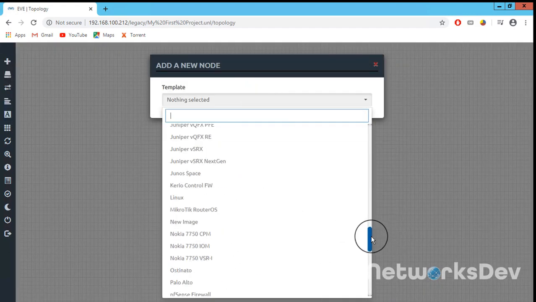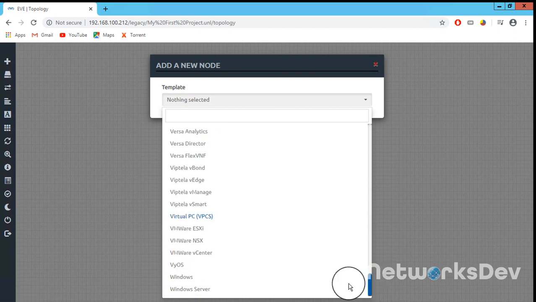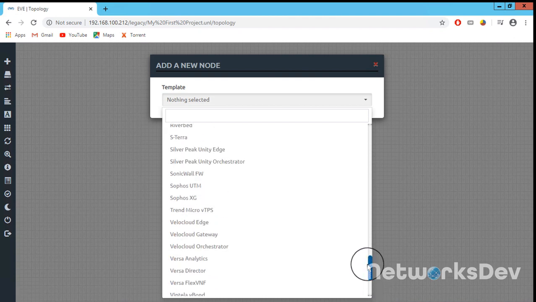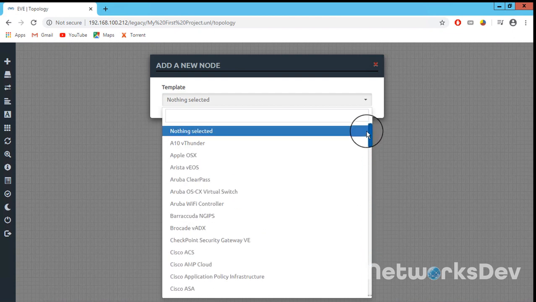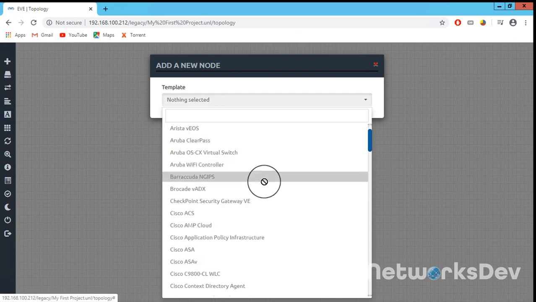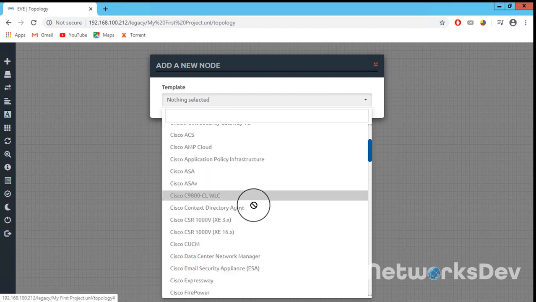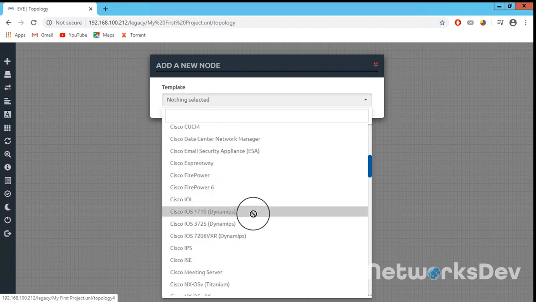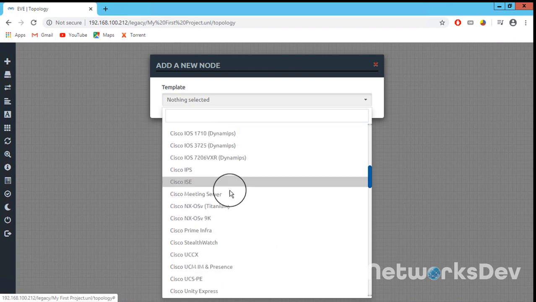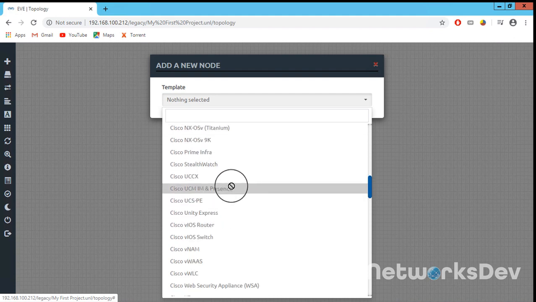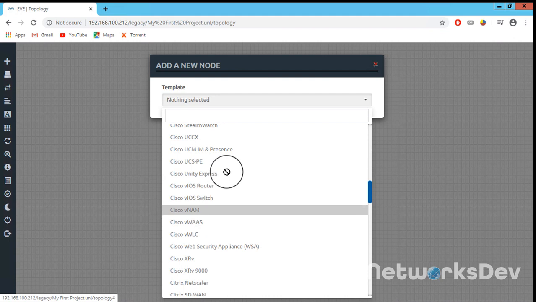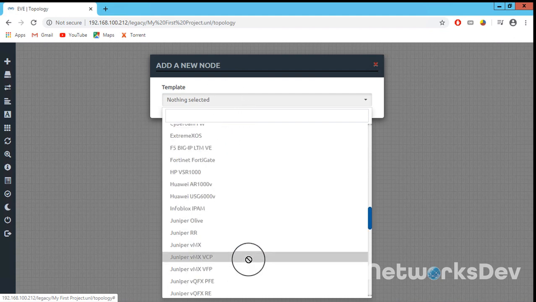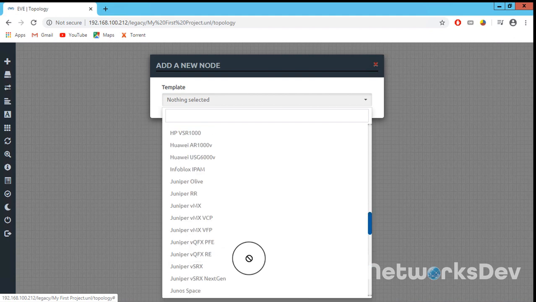All these kinds of nodes you can import in this virtual machine. When you install this and import this virtual machine, by default only the virtual PC, VPC, is available with this virtual machine. All the required images: Apple, Aruba access point, Wi-Fi, ASA firewall, routers, switches, IOS layer 2, layer 3, Cisco ISE, Nexus switches, and you can see all the available products you can use with this community version.